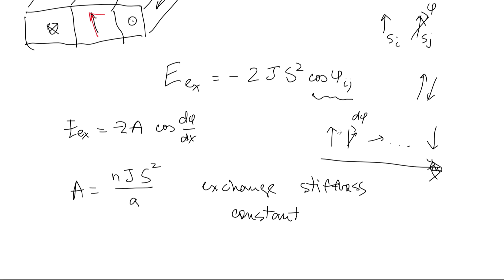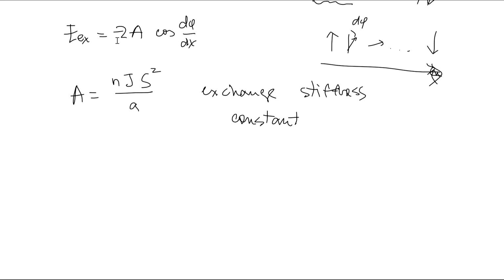Now in the exchange stiffness constant, we have n. n is the number of atoms per unit cell. And we have a. a is the lattice constant. So if you have a rectangular lattice, the lattice constant would be this. But you should know that from the solid state course. Now A, you can see this is energy, right? It's the same as there. So units for A